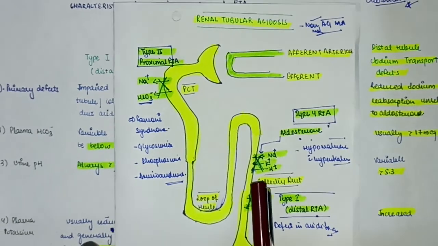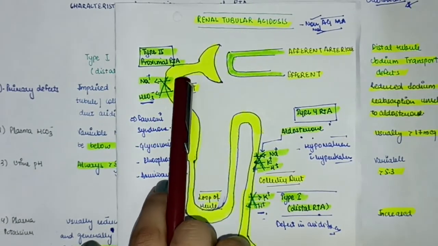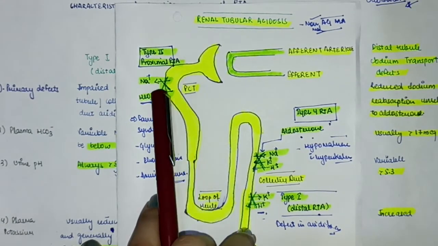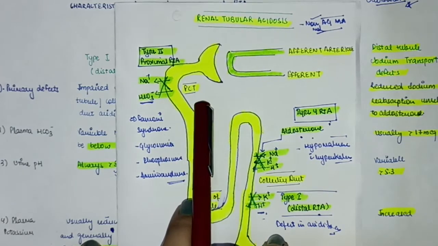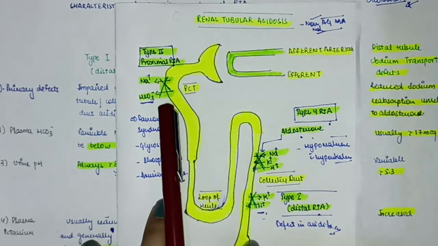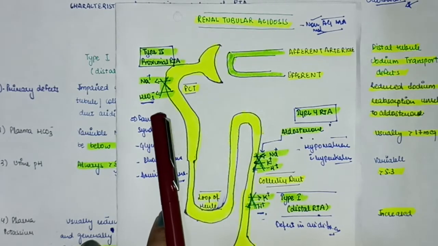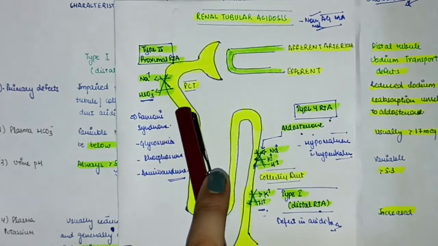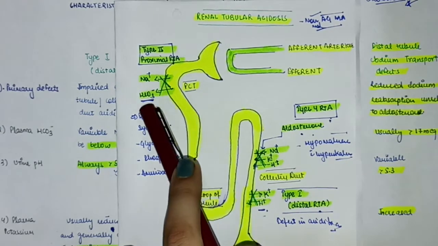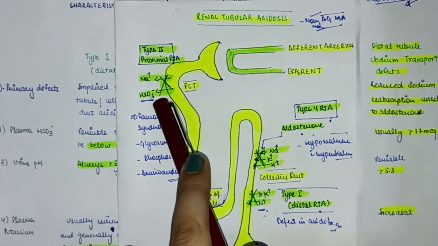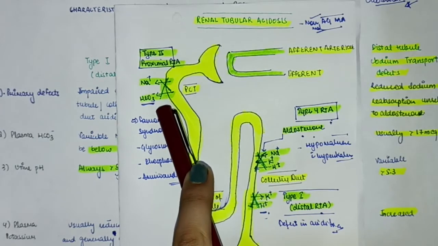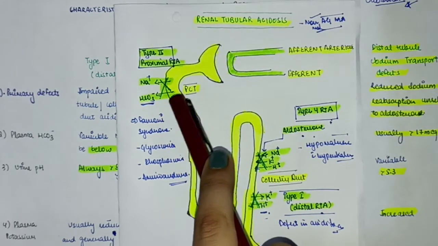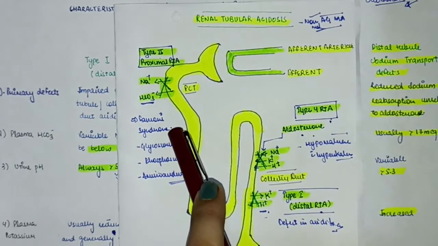It's an autosomal condition and it's not a true renal tubular acidosis, it's a mixed kind of thing. So in type 2 proximal RTA, there is a defect in proximal tubular cells. There is proximal convoluted tubular dysfunction in type 2 RTA, resulting in decreased reabsorption of sodium and bicarbonate ions. Usually this bicarbonate dysfunction is not an isolated entity. It is seen in relation to Fanconi syndrome.